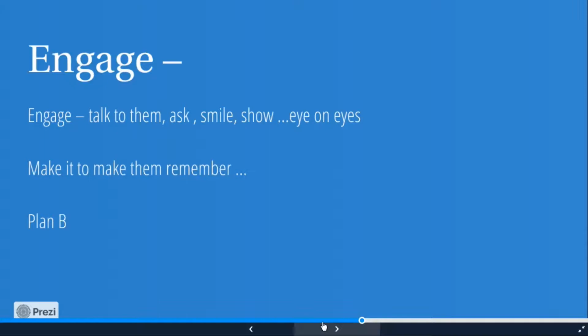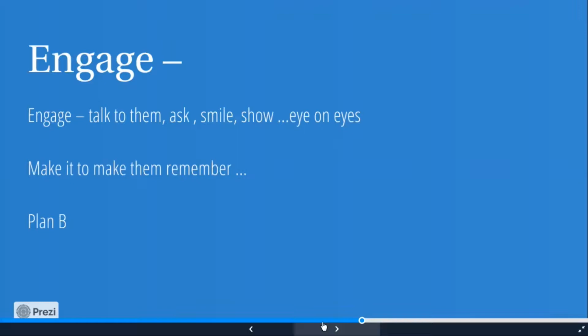Ideally the story is the thing. A good story, or any story, would make the audience remember you. And always have a plan B. Because when you keep looking at the audience, you get to see their reaction. And if what you're trying to tell is not exactly hitting well, always think of a plan B.